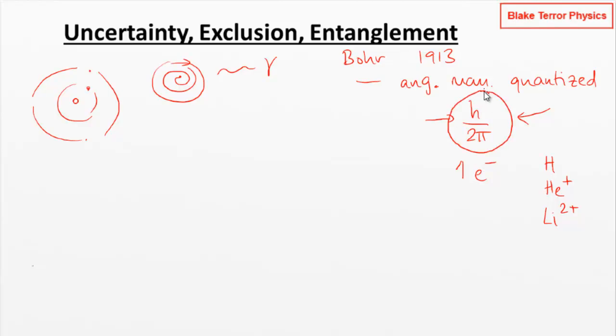Just a quick note on this as an actual constant. This comes up so often in quantum physics that it is then given a new name. So we've got Planck constant divided by 2 pi is then called the reduced Planck constant. And that is just then referred to with the h for Planck constant with a bar through it. So it just saves us having to write out h over 2 pi every single time. So when you're looking at a lot of equations in quantum physics, you'll see this h bar turning up all over the place. It's just saving us having to write all of that out all of the time.